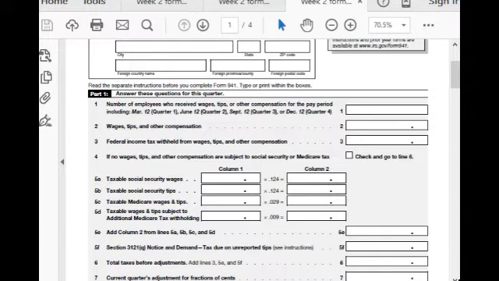So line 1 will be a zero amount. It's not applicable to our homework assignment. And line 2 will get the total gross amount that was paid to employees. And then we enter information that we have, for example, all the total income tax withheld from employees will go in line 3. And line 5A,